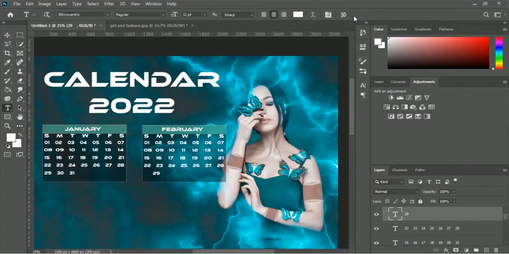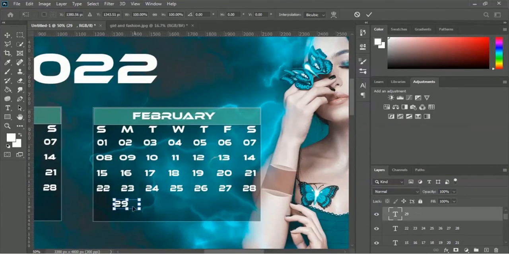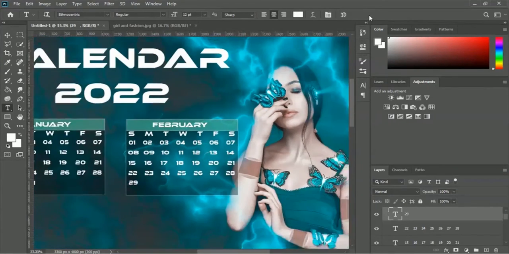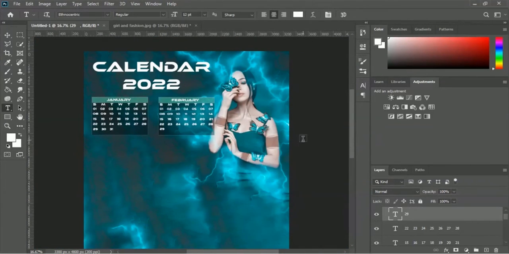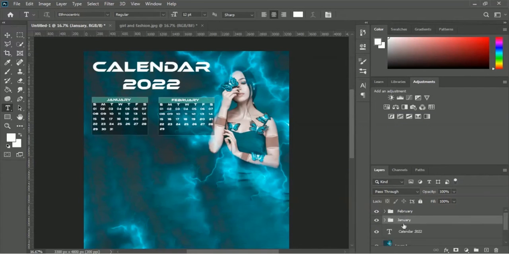properly, and therefore we have to press Ctrl or Command T. Let me zoom in the image, and let's scale it properly. Okay, looks good, and let me hit the tick mark. Okay, our month of January and month of February is complete, and right now we will duplicate the January group